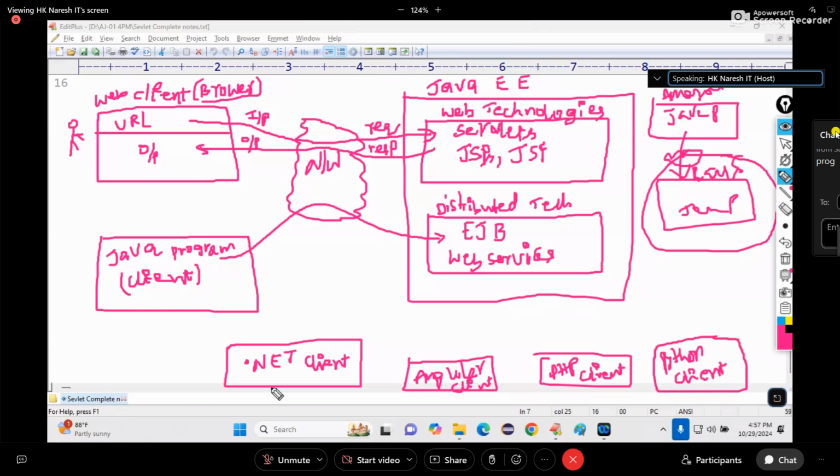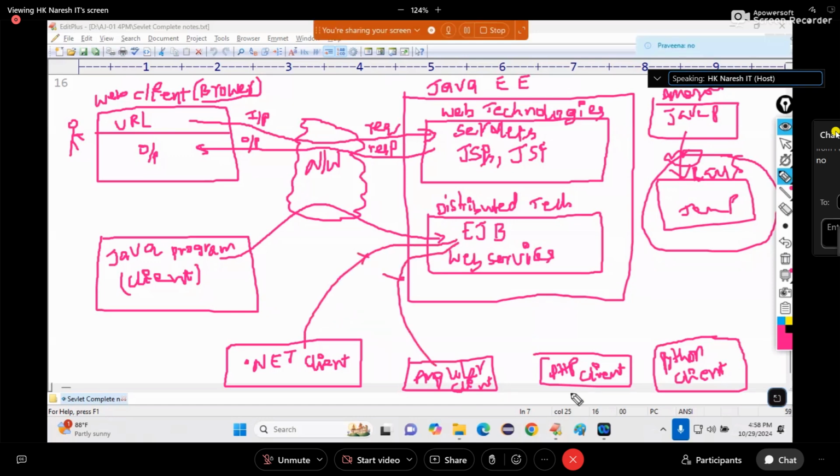So tell me, now an EJB program, a bank application is developed by using what? EJB. Now this EJB program is which language program? Java language. Can a Java language program be accessed from a Java program? Yes. But is it accessible from a .NET program? No. Is it accessible from an Angular program?